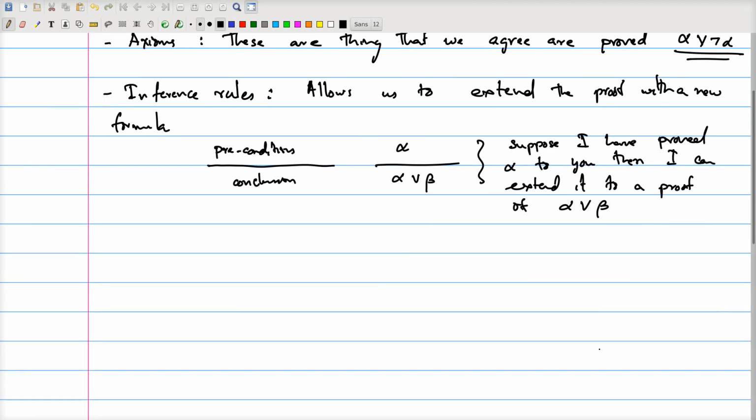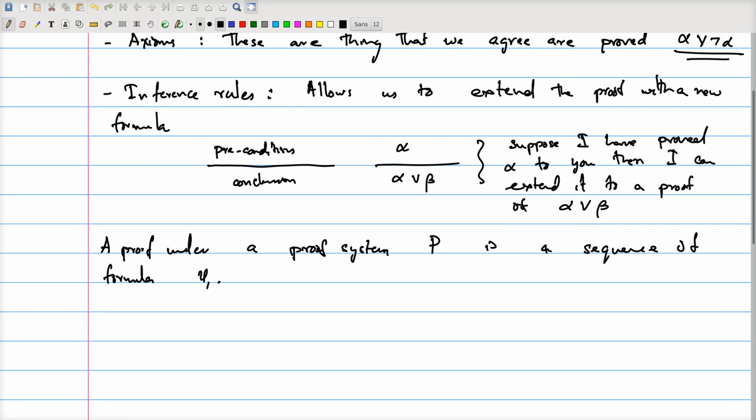Once we have a proof system, then a proof under a proof system, let me call it P, is a sequence of formulas C1 through Cn, such that